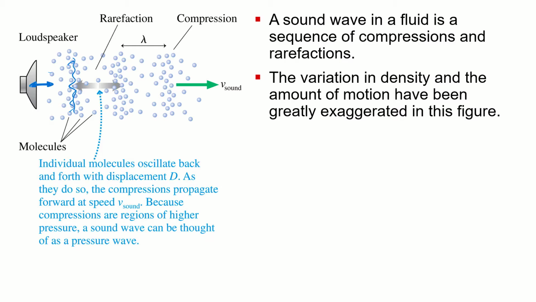And then when it pulls back, you can't pull the molecules with it. So there's going to be what we call a rarefaction, a gap or less dense region of air, or whatever the sound is traveling through. We can see that density wave travels through the room or whatever it's traveling through. If it's underwater, it's traveling through that fluid. We have this compression region, then a rarefaction where it's less dense, and then another compression region. And those just travel through the air.